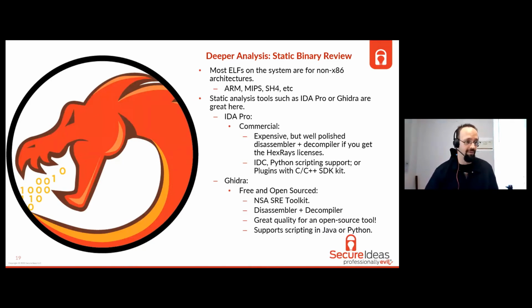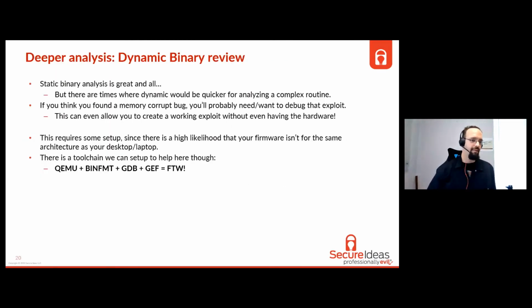In my opinion, most of the time, it's best to have more than one tool in your kit. These two are very close to each other, but they complement each other. So you can use those for that. And like I said, those tools were used for being able to reverse engineer, decompile, and disassemble. That's static analysis, and that's all good and well. But